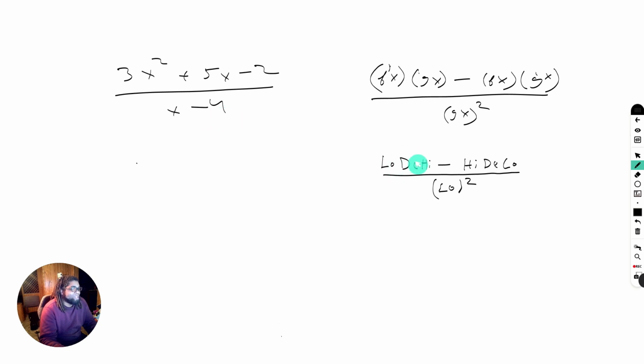D high means we're going to take the derivative of the one that's higher up, so the one in the numerator, essentially. So this is taking the denominator times the derivative of the numerator, minus the numerator times the derivative of the denominator, all divided by the denominator squared. So if we did that in this problem,